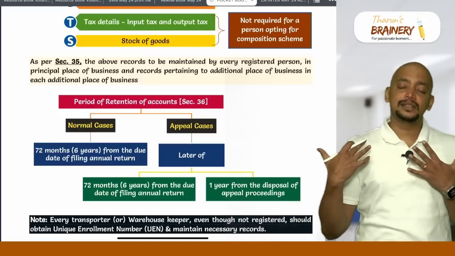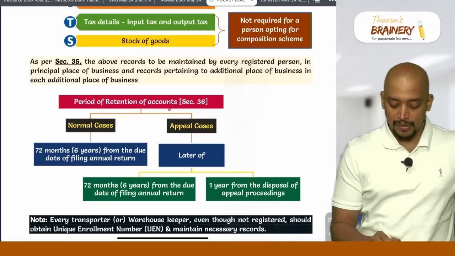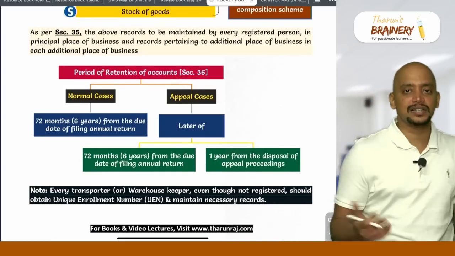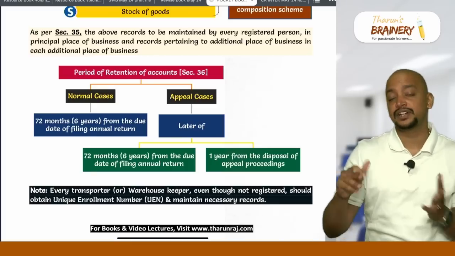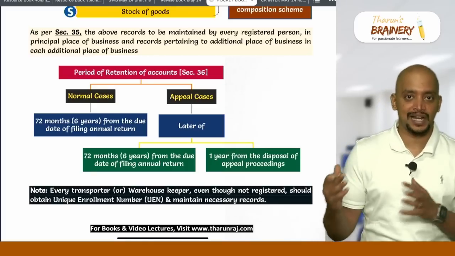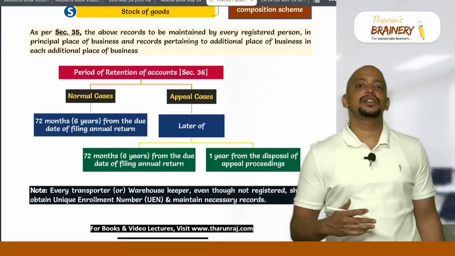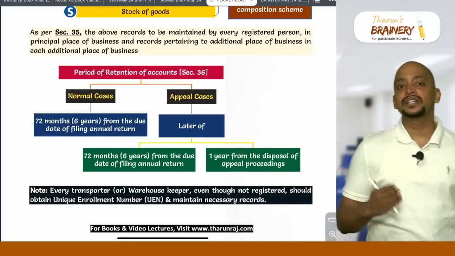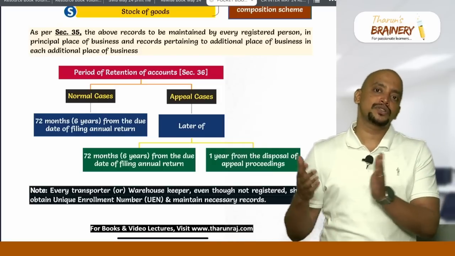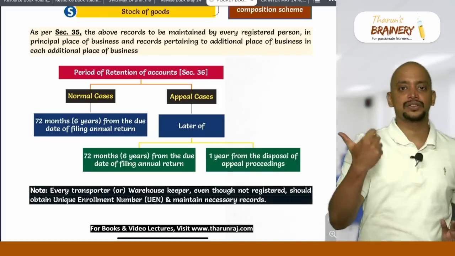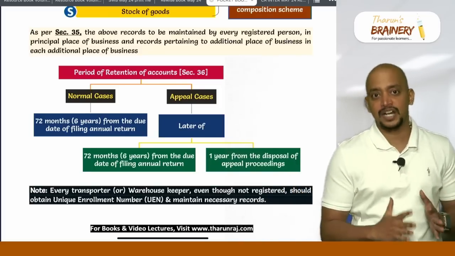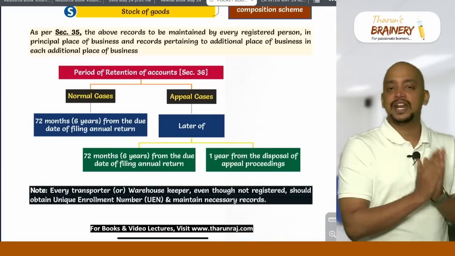Whereas what is this period for which these accounts and records are to be maintained? As per section 36, in normal cases 72 months, that is 6 years, but in law you write, in exams you write 72 months. So 72 months from the due date of furnishing annual return for a particular financial year. For example, if the financial year is 22-23, the due date of furnishing annual return is 31st December 2023. 31st December 2023, 6 years: 24, 25, 26, 27, 28, 29. So till that time they need to maintain the accounts and records pertaining to this previous financial year